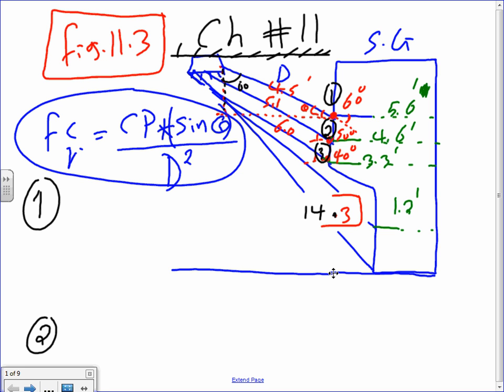I'm going to go ahead and start plugging it in. So the first thing that you need to do is find the foot candle. The foot candle at 60. So if you take the 60 degree column here, number 1 here, if you take the 60 degree and you go to the table, we're giving you a table that I would like you guys to use. This table is fig